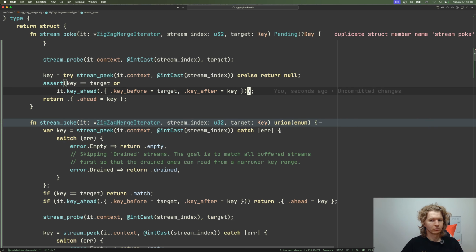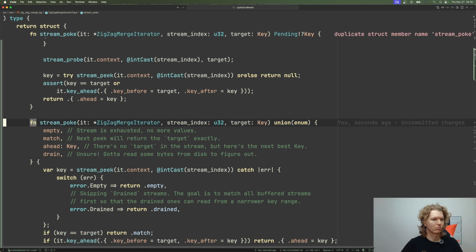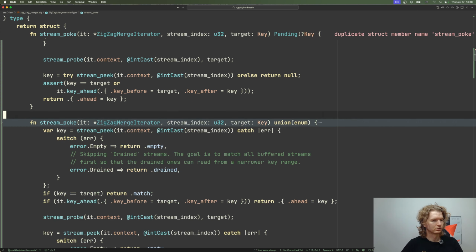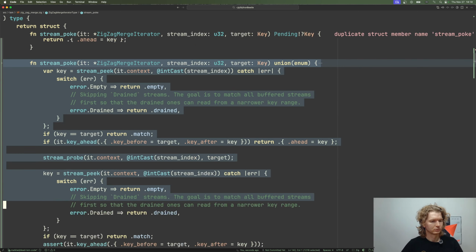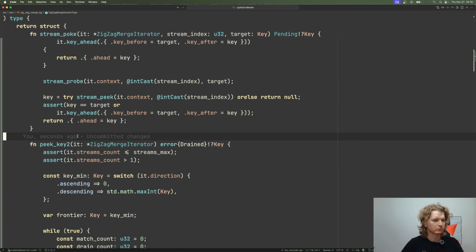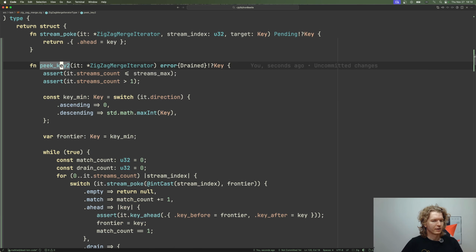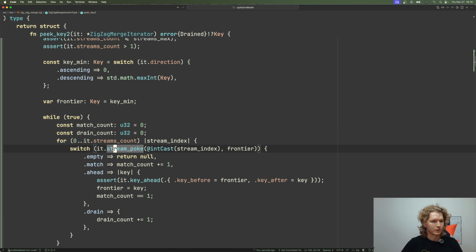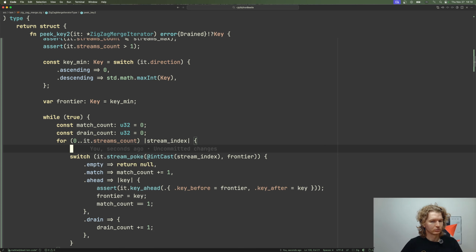So I do like that version of the string probe more. And then if I pick the key, I just say okay. So I do